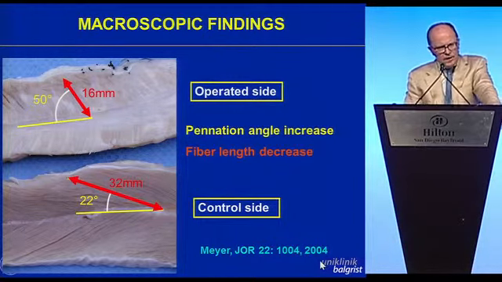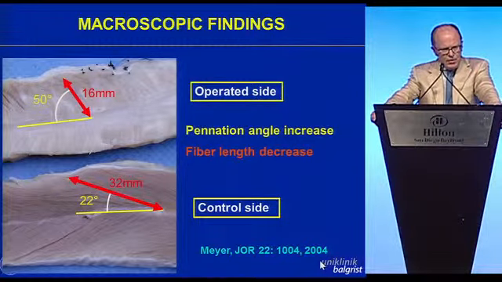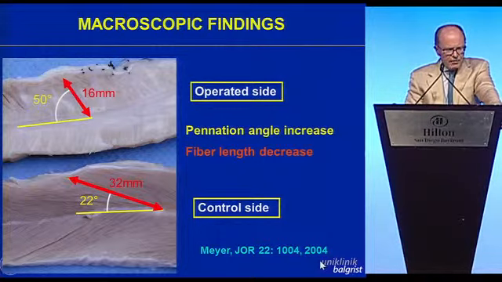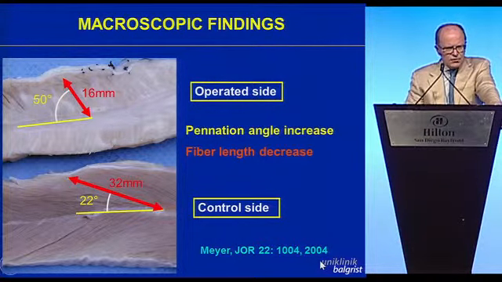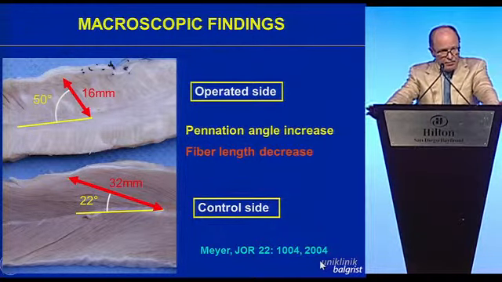Macroscopically, the pennation angle changes dramatically, as you see above, which is associated with a dramatic shortening of the muscle fibers. Now, this shortening of the muscle fibers is a major problem, because if you want to go on and want to repair the muscle,